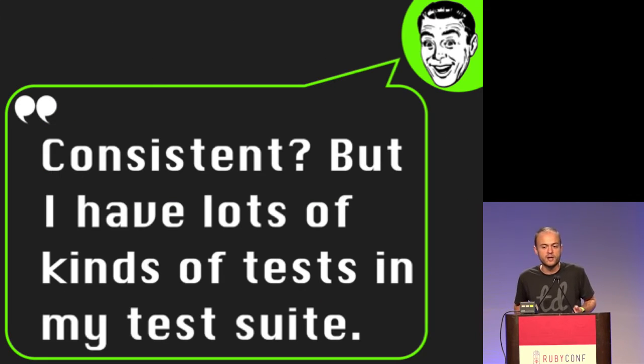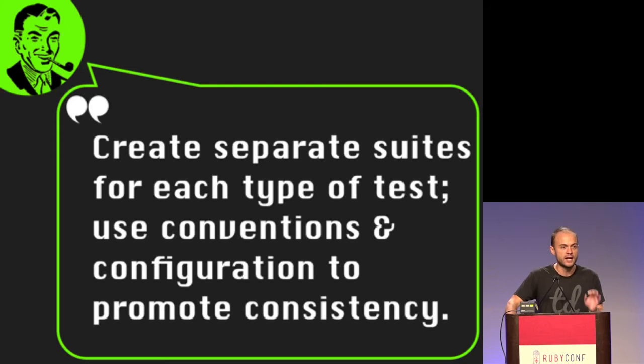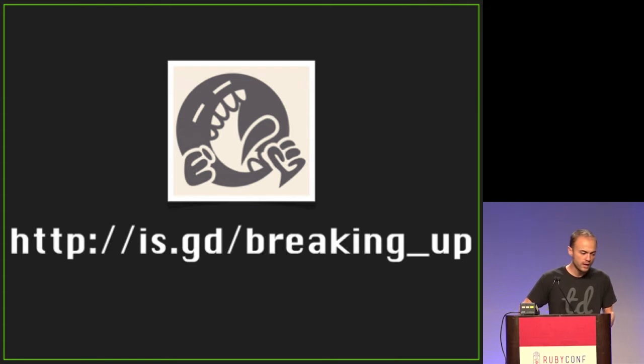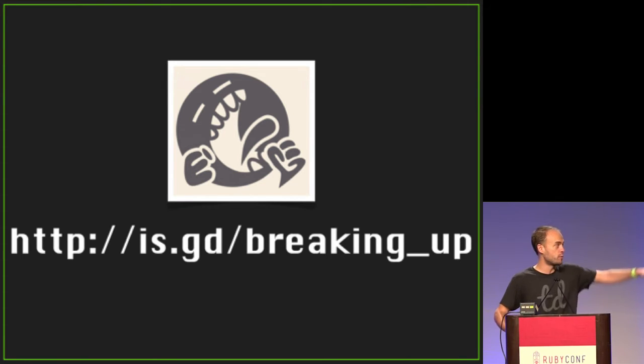And when I raise the issue, a lot of people are like, consistent? But I've got tons of tests, all with different purposes, all testing all kinds of different things inside of my test suite. And I'm like, yeah, that's true, but you could probably boil it down to 4 or 5. And in fact, what I do is for each type of test that I define, I create a separate test suite, each with their own set of conventions, and those conventions lovingly reinforced with their own spec helpers or test helpers to try to encourage consistency. I actually did a whole talk just on that called Breaking Up with Your Test Suite. It's up on our blog, or there's a